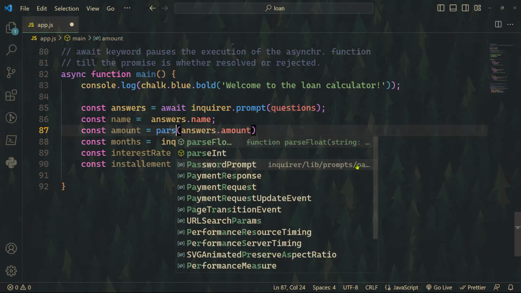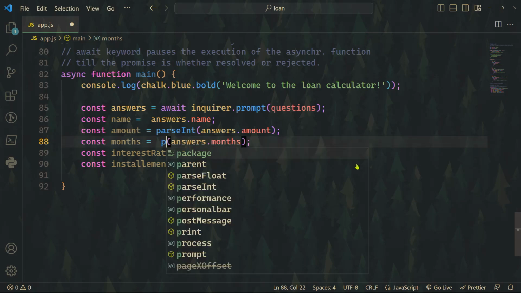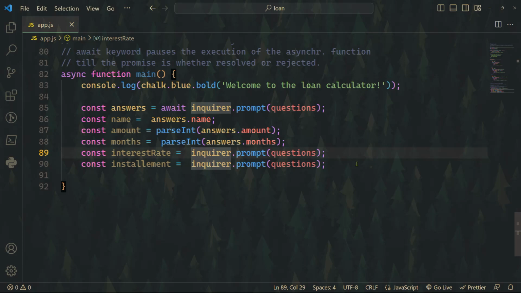The amount is the answers dot amount, and of course we will need to parse that. So parseInt to parse that from string to number. The same thing for month. So we'll do answers dot month, or wrap that, parseInt. All right, great. And the interest rate here is, I told you, 3.5%. So 0.035. Yeah, oops, just add a one line comment here. We'll say 3.5 interest rate according to Polish